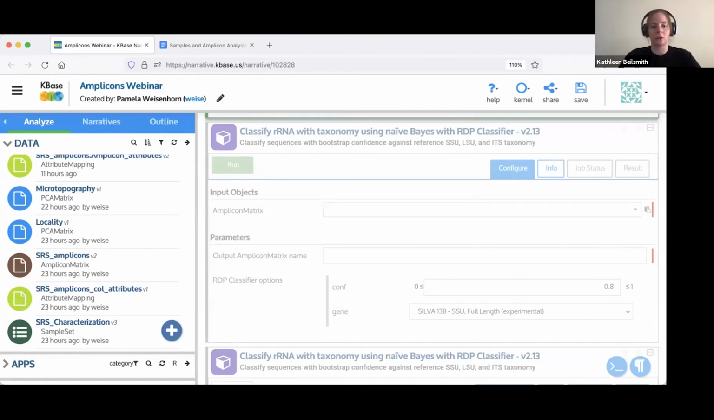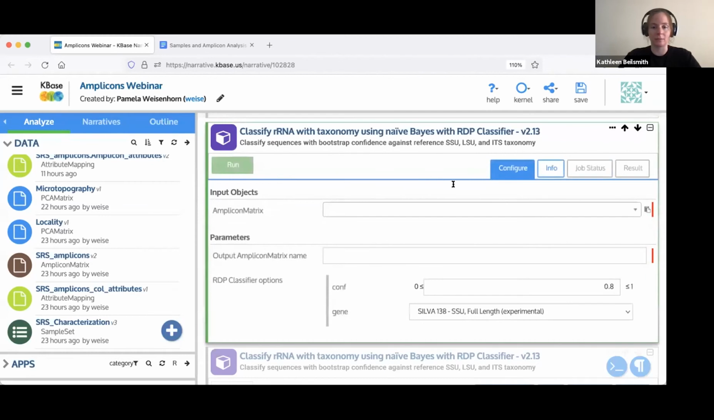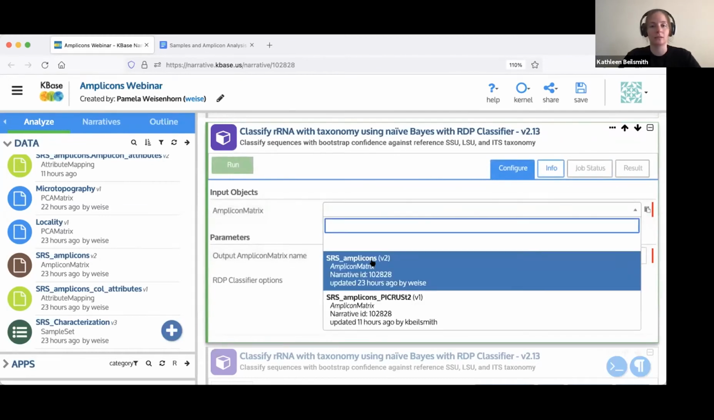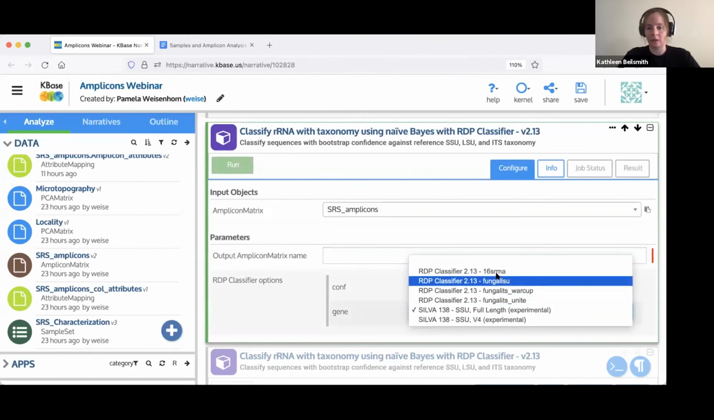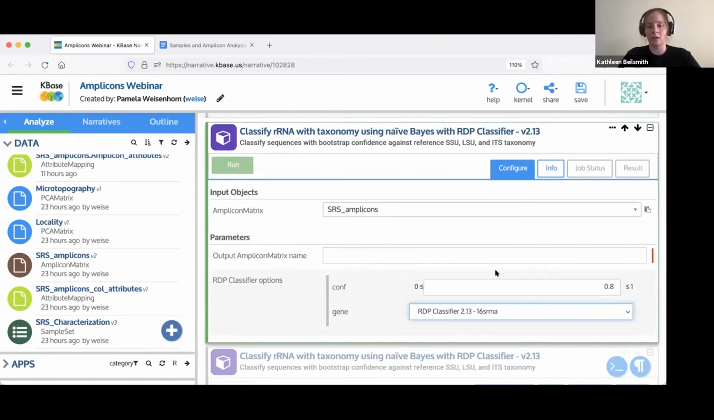So to do that, we're going to start by using this classify rRNA with taxonomy app. This is going to run RDP Classifier, so we can select our Amplicon matrix. We can give a name for the output matrix that's going to have the taxonomy assignments. And then we can select which classifier we want to use. In this case, it's for 16S, and define a confidence threshold below which we do not want to include taxonomy assignments for the Amplicons. And once we run that,